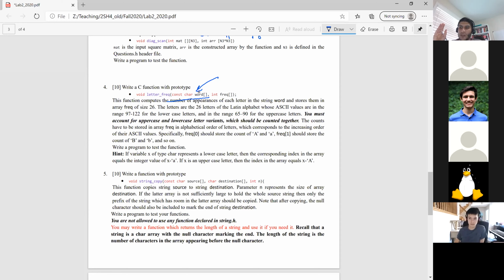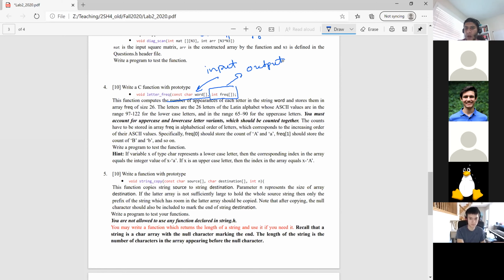But you need to store your value for each letter. For this, we use the frequency array. As you can see, this is the input to your function that you are going to scan, and this is the output that is going to hold the frequency of each letter. Can someone imagine what would be the size of the frequency array? What do we need if we want to count the letters? 26, yes, but 26 is assuming that you are going to deal with small letters and capital letters the same way. So if it's A or a, it has to be counted on the same